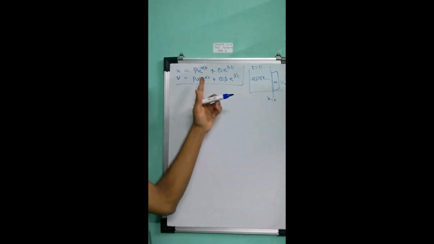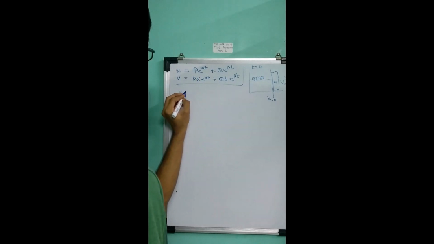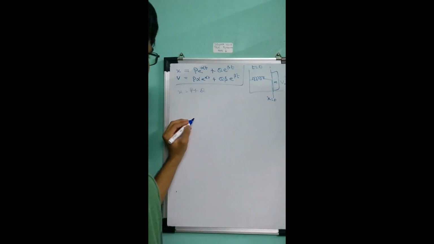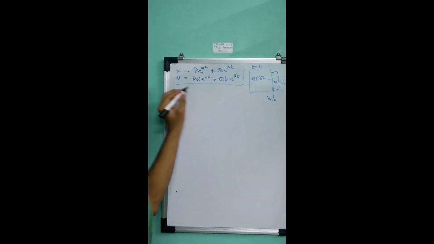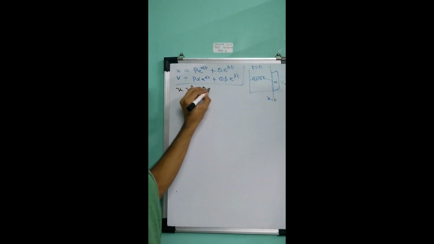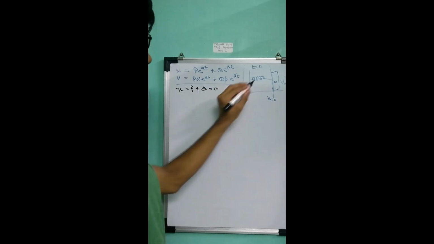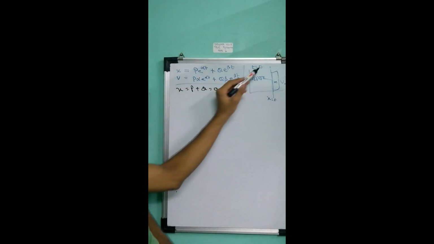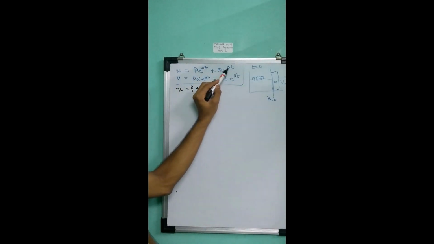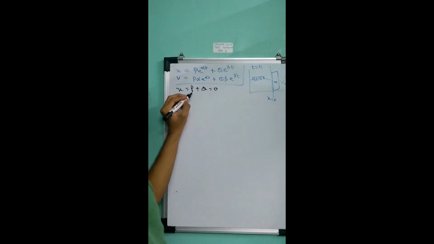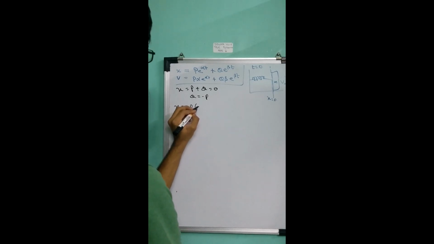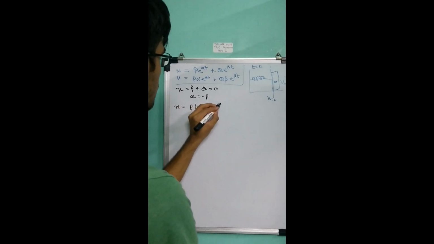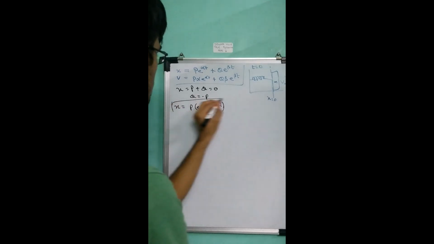So if we plug in t equals 0, we'll get x equals p plus q, right? Which is 0 at t equals 0. X equals p plus q equals 0, because we're considering t equals 0, and at t equals 0, both of these terms will become 1. So q is equal to minus p. So let me just write x as p into e to the power alpha t minus e to the power beta t. This would be better.